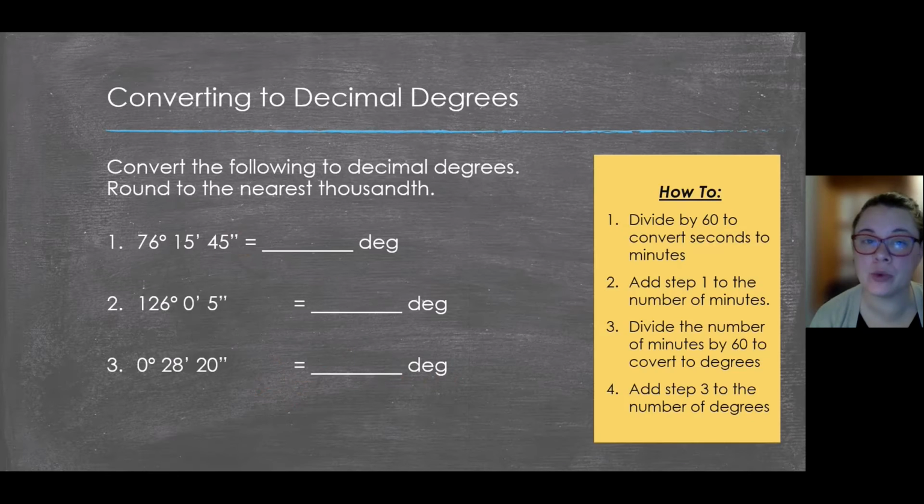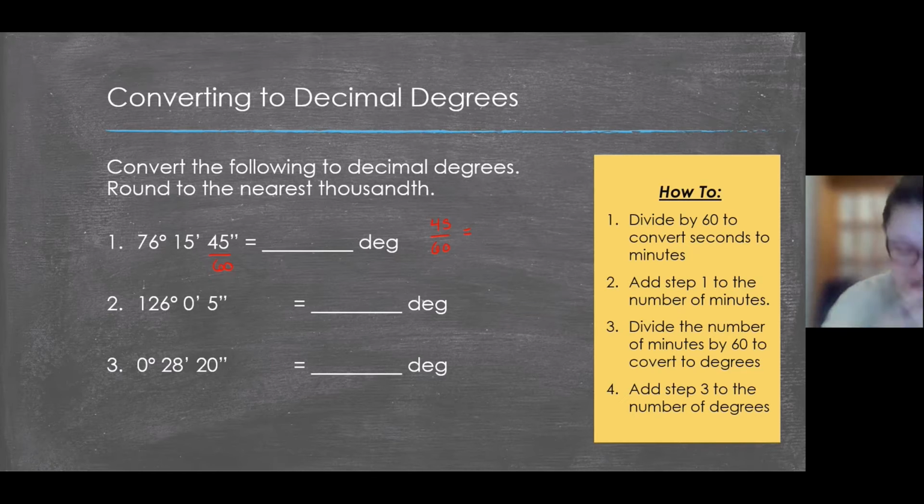All right, so let's do a few conversions. You want to convert the following to decimal degrees rounded to the nearest thousandth. So it's quite simple to do. First, you divide by 60 to convert the seconds to minutes. So we're going to take this number and divide it by 60. So 45 divided by 60 leaves us with,